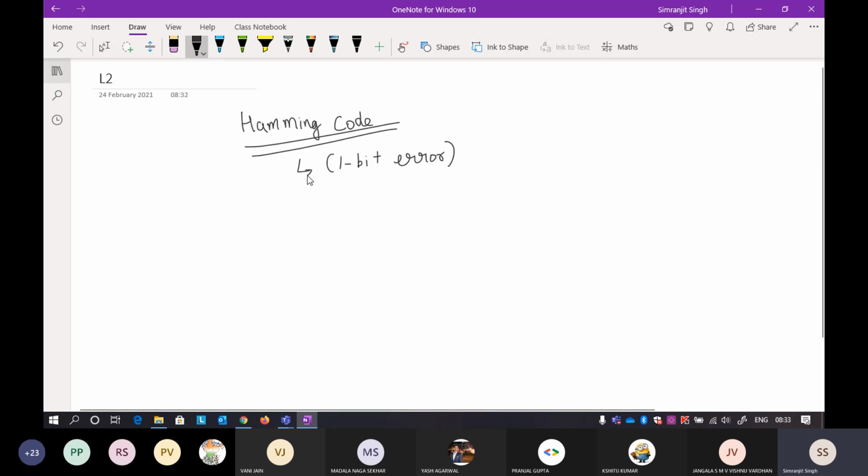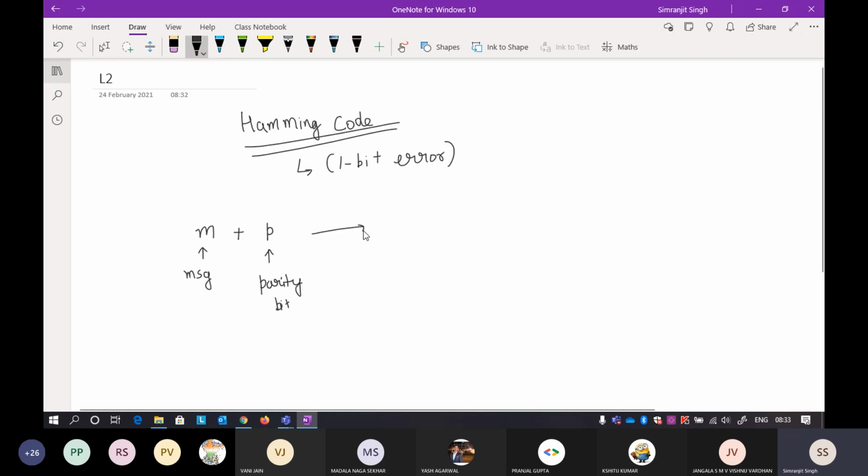Actually, in practice, we do not use any of the error correction codes because Hamming code requires a lot of calculation and it is very complex to implement. But still, for the sake of theory, because we have error correction in the syllabus, we try to cover it. Now in this Hamming code you have to understand that when I am sending a message, in this message I will include some parity bits. You already know what parity bits are. Suppose this is the message I want to send, and in this particular message I will include some parity bits.